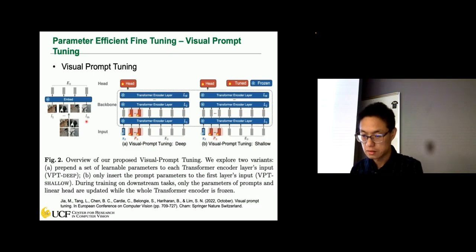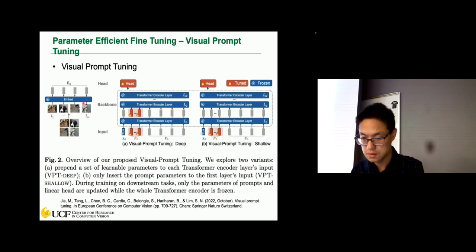So these methods originate from the large language model, right? Because large language models have a lot of parameters, how can we use those to achieve efficient fine-tuning? We can also apply these techniques readily to vision transformers. Here in this visual prompt tuning paper, they are using this prompt tuning idea and applying it to the vision transformer, okay? On the left, we can see that,